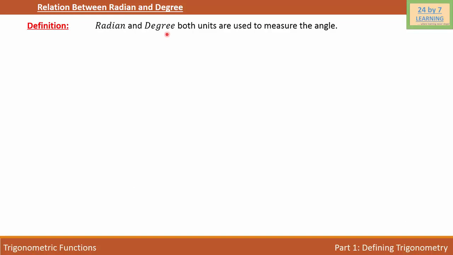So as we know that 2 pi radian, which is basically one complete circle, is equal to 360 degree. It simply means that if we take one round around the circle, it will subtend 2 pi radian, which is basically equal to 360 degree. Then pi radian will be 180 degree.